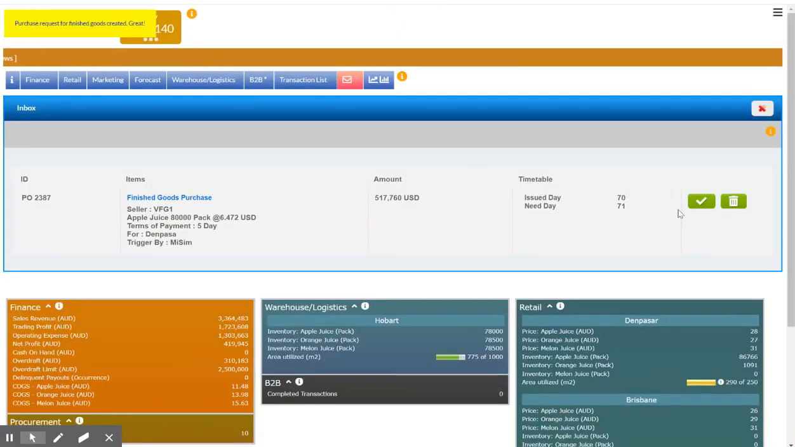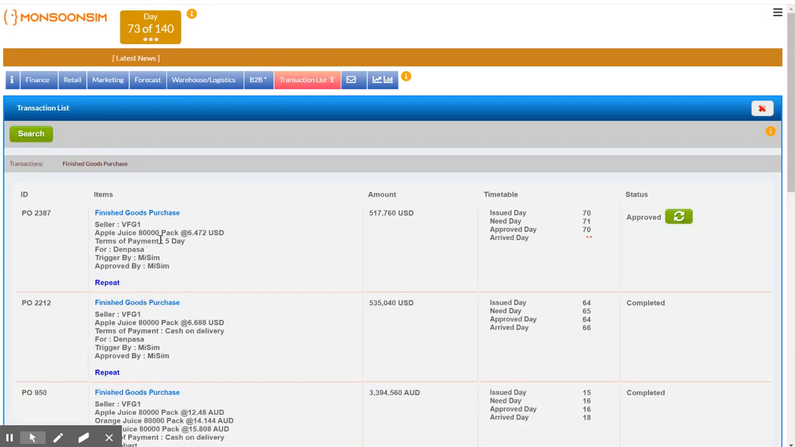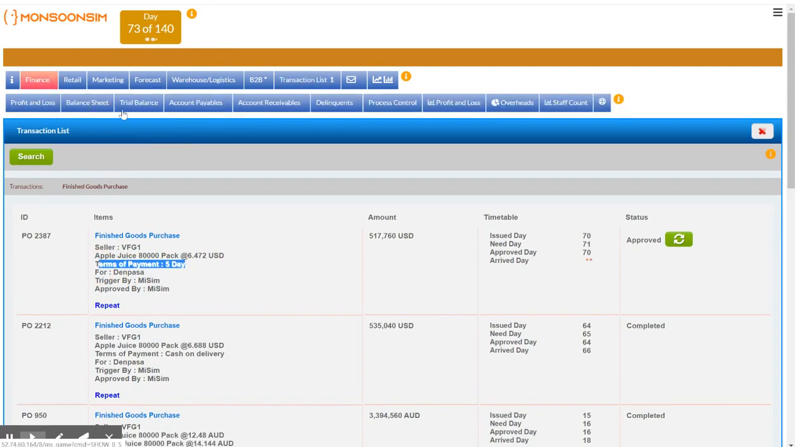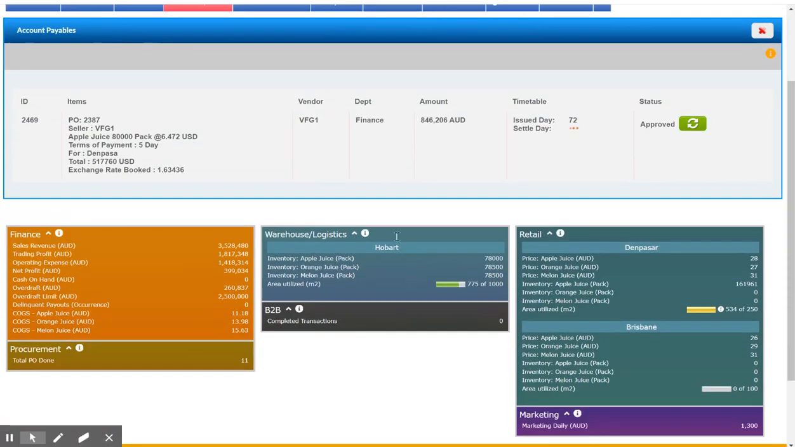Yeah, immediate delivery, credit purchase. Okay, so there is a 5-day term of payment here. Let's just submit this. This time is not cash on delivery, but there's a term of payment of 5 days. There you go. So now I am about to pay this guy, the FG1, this much money in Aussie dollar,